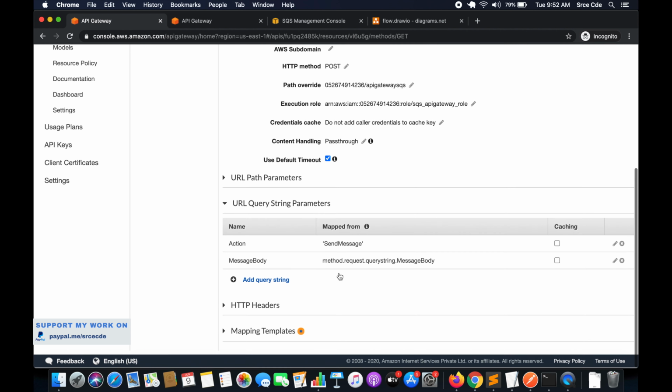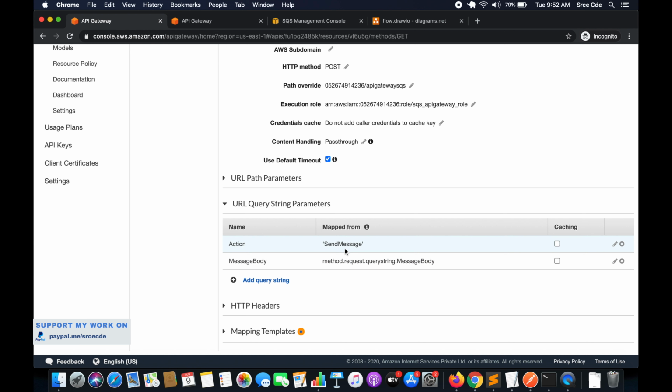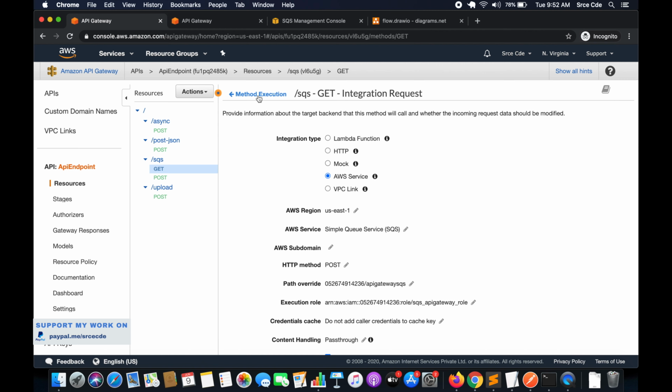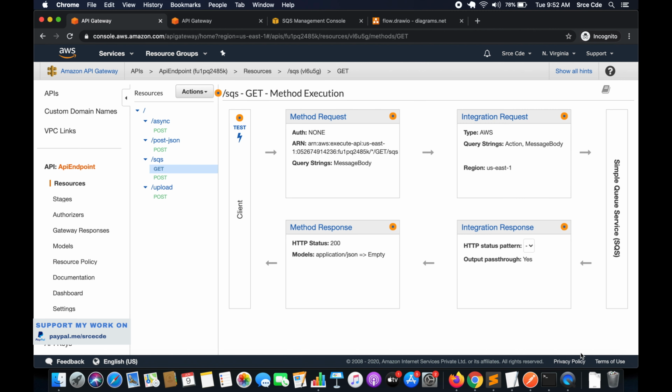Within URL query string parameter action, send message, method.request.querystring.messagebody. I think this looks good. Let's try again.